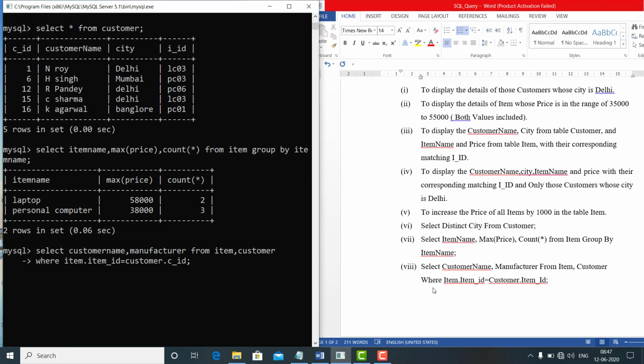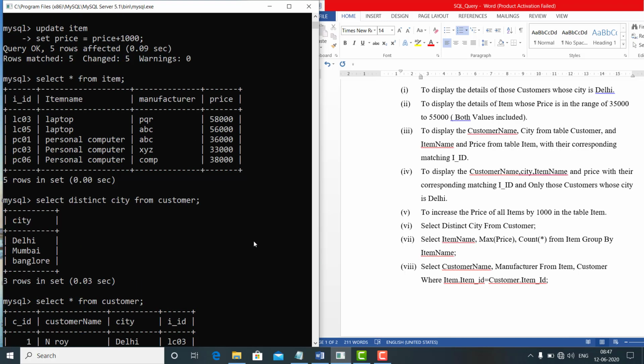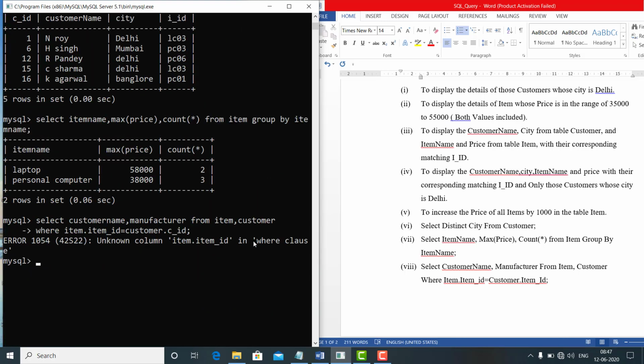Both should be equal, and then enter. There is one mistake. Item ID is not there. Sorry students, we will write IID, not item ID. There is IID, so we will write IID and then enter.